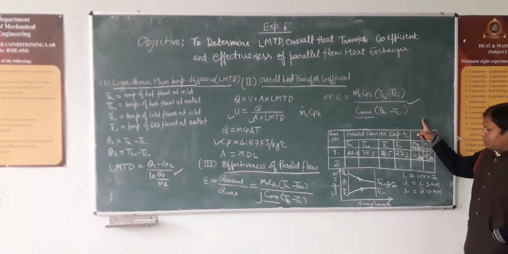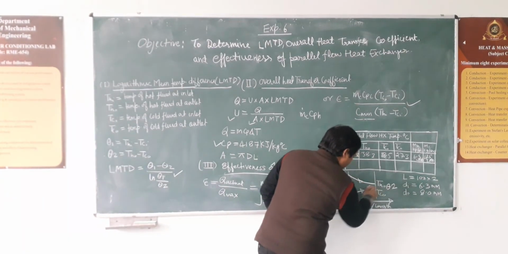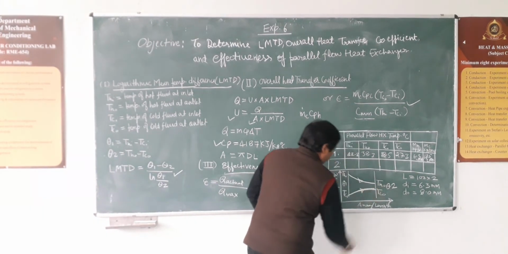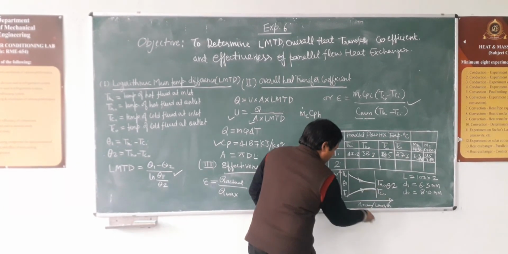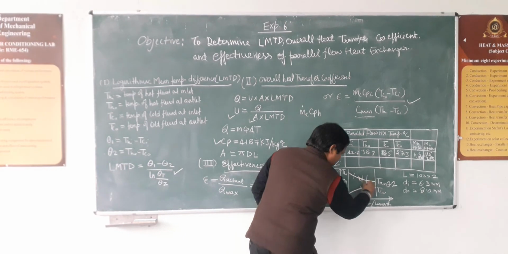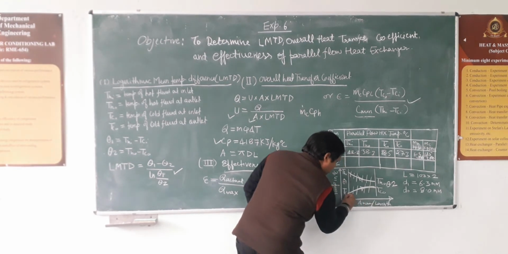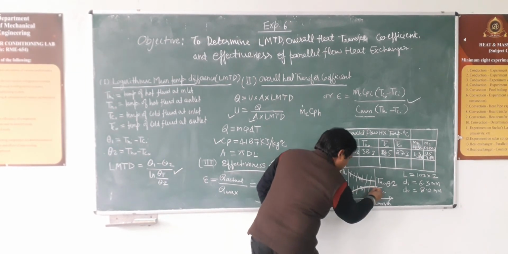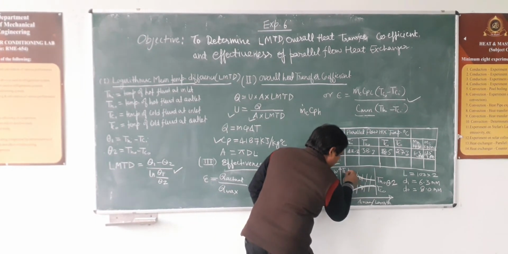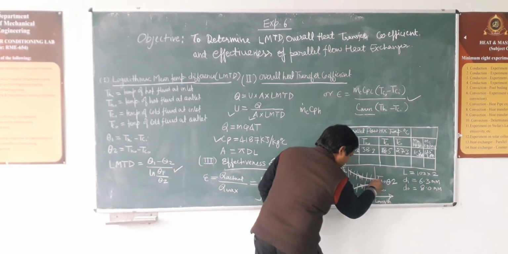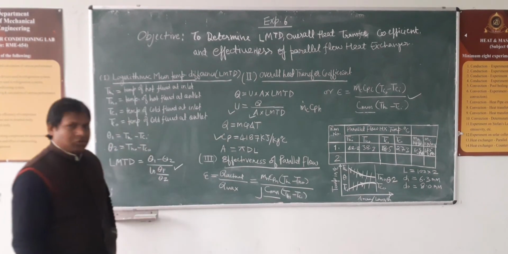And you can see here, this is the temperature profile of parallel flow. Hot fluid is entering here and hot fluid exits from here. It is releasing heat, and cold fluid is taking the heat. That's why the cold fluid temperature profile is going to increase, and the hot fluid temperature is going to decrease, because it is releasing heat and the cold fluid is gaining it. Okay, that's all. Thank you.